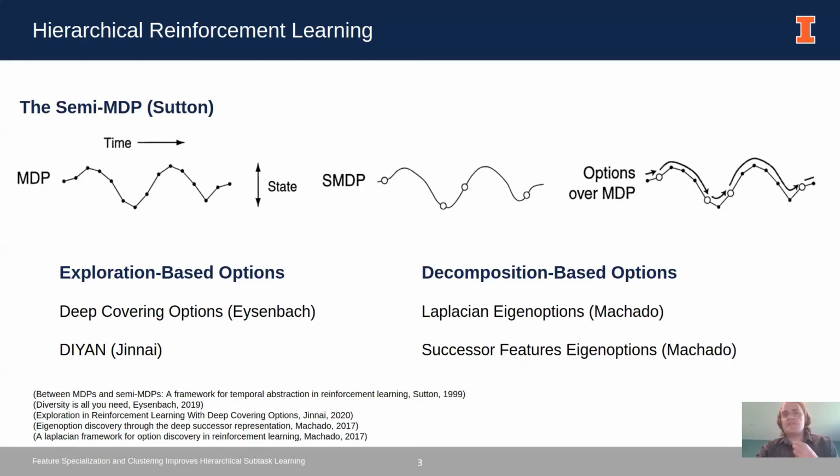And these generally identify corners or doorways in the environment, which generally have strategic value. However, similar to the exploration-based options, they don't identify options that perform complex movements in the environment. And also, both of these methods don't identify options which interact with complex enemy agents or dynamic changes in the